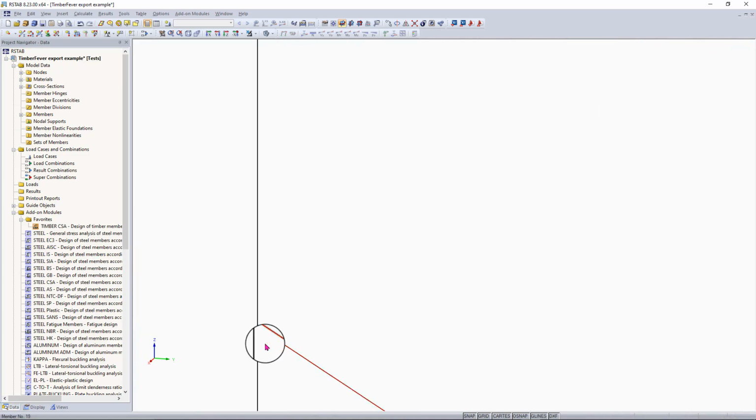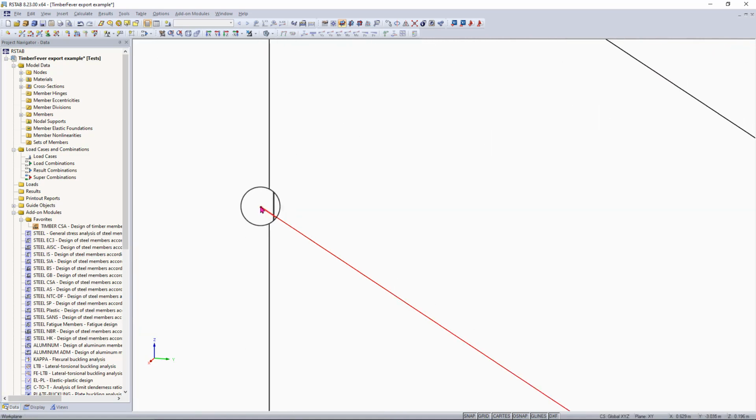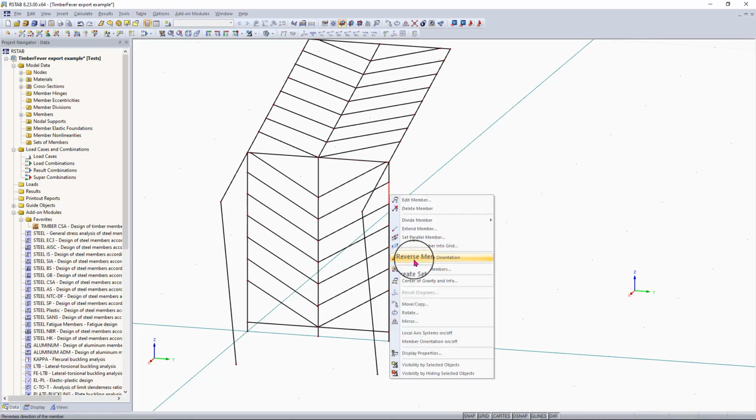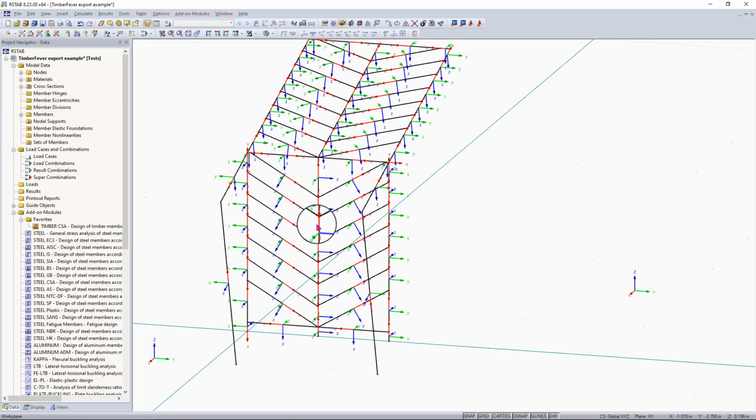Also, we can see down here that maybe some of my lines are not connected, so we want to make sure those are all connected. The next thing we want to do is make sure that all of our beams and posts have the same, or we want to make sure that all of the local axes are oriented the right way. It looks like they're all oriented different ways. So what we can do